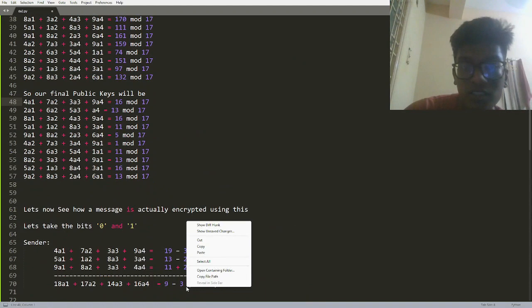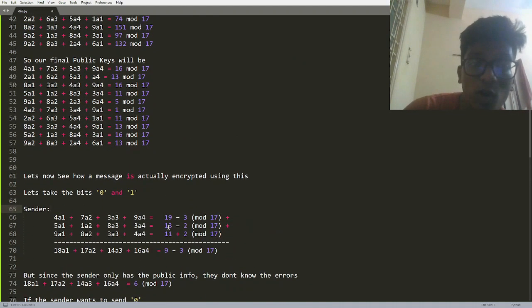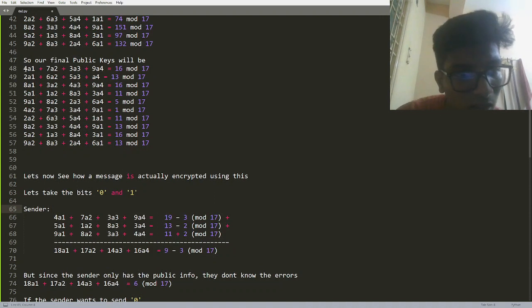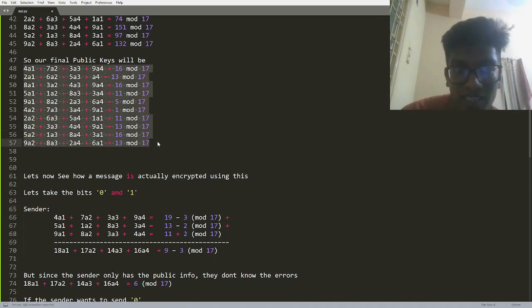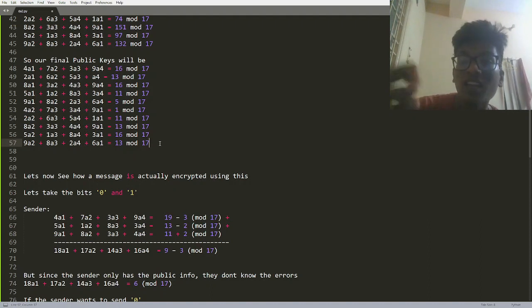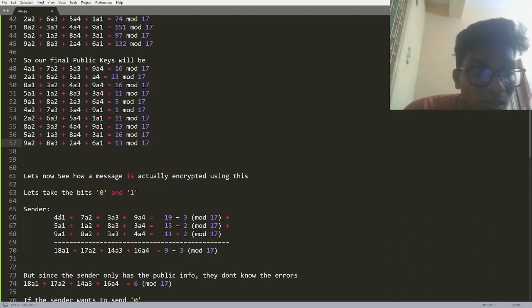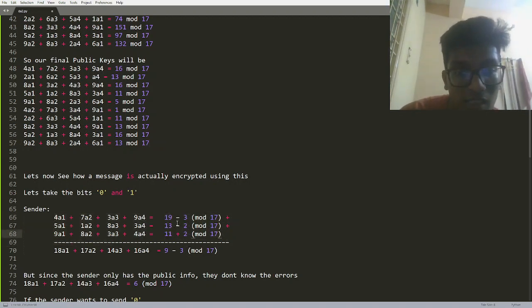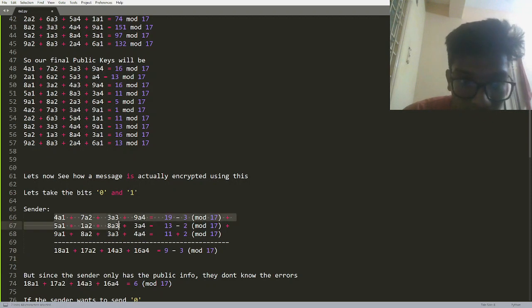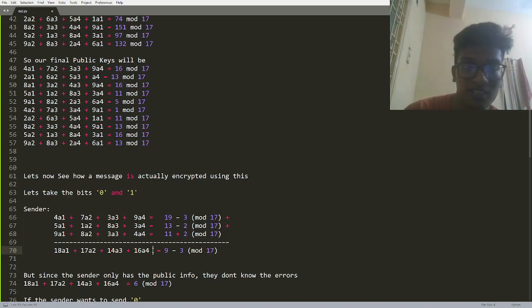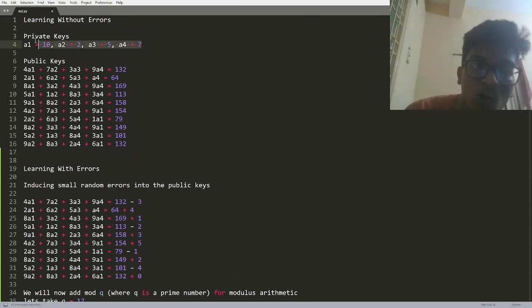We will see an example. What the sender will do is, from this set of public keys, he will randomly choose some equations and add them. Here, let's say the sender took these three equations and he's adding them, with the errors. So the final equation is something like this. But remember that since this equation is an addition of these three equations, the solution will naturally be my private keys. That is, the solution for that equation is also this.